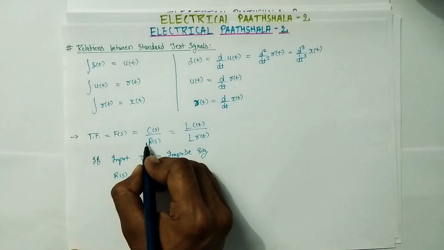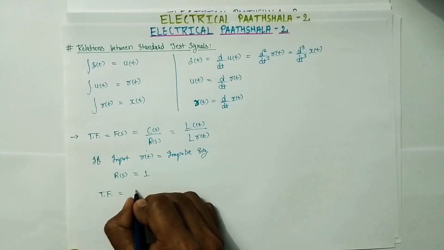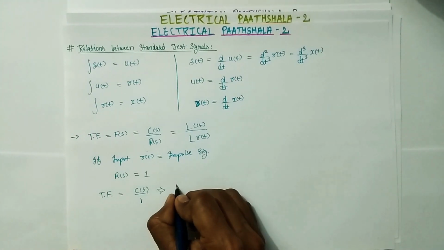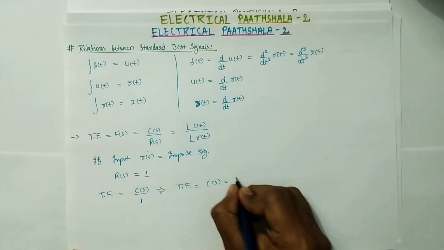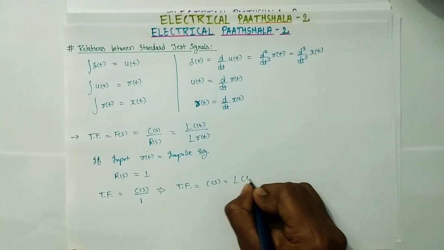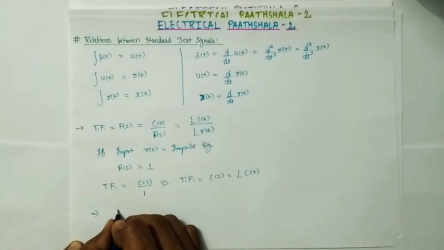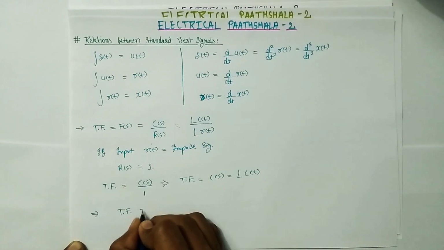So if we put R(s) equals 1 in this formula, what do we get? Transfer function equals C(s) by 1. It implies that the transfer function equals C(s), that is, Laplace of c(t). So finally we can say that if the input signal is the impulse signal, then the transfer function equals